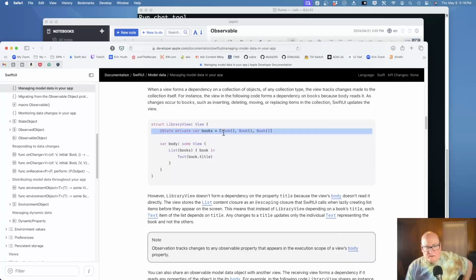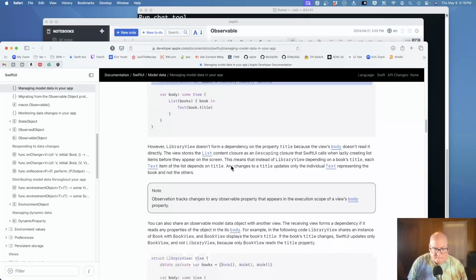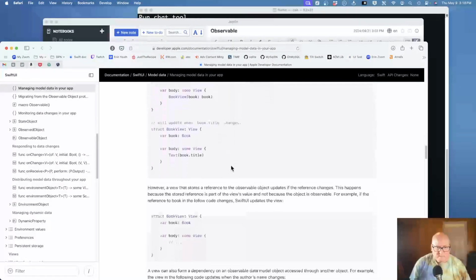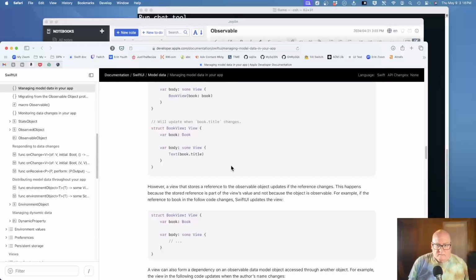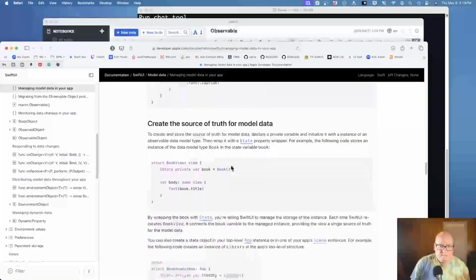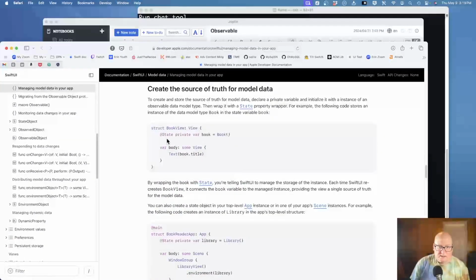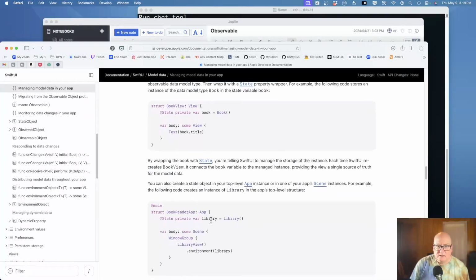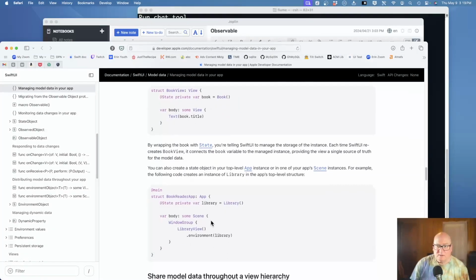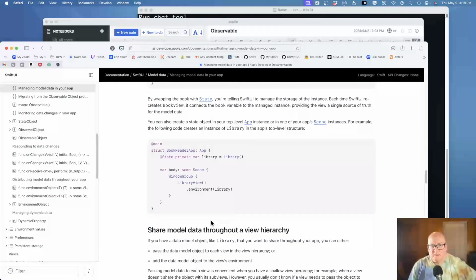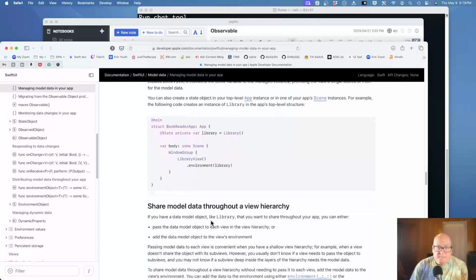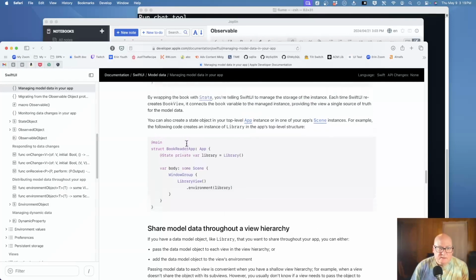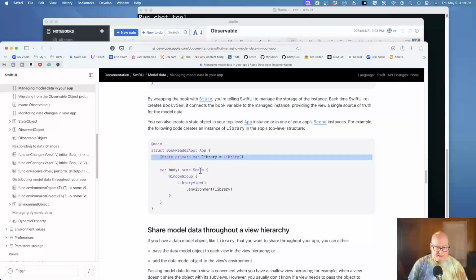State prep R. Create the source of truth. That sounds important. Okay, variables. Wrapping the book with state. You're telling it to manage the storage. You can also do it at your top level instance. Okay, I guess we can do that.